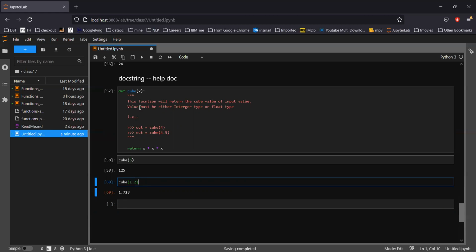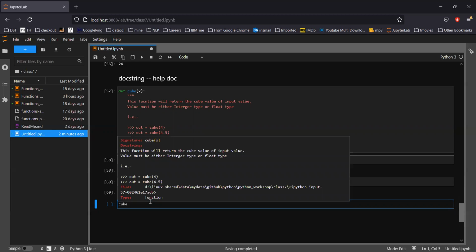Now why do we have to write it down? Suppose you have written functions that are long and before, you don't know what this function does. So rather than going to check the whole logic inside the function, what you can do is type cube, and in Jupyter Notebook, if I press shift tab, what do you see?